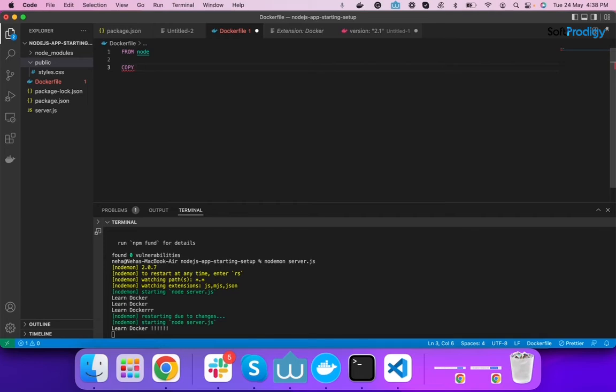So if you think that changes you make to your machine's files will be reflected in the image directly, that won't happen.